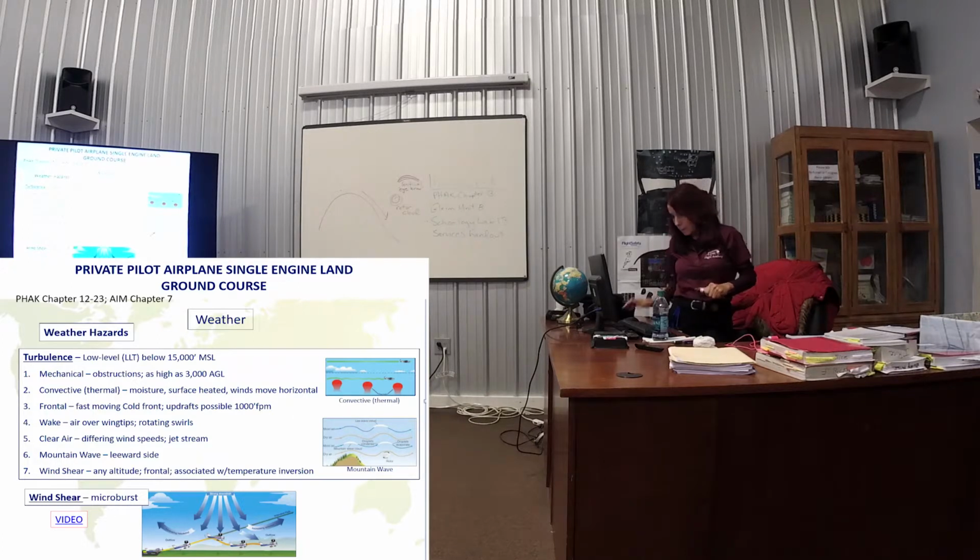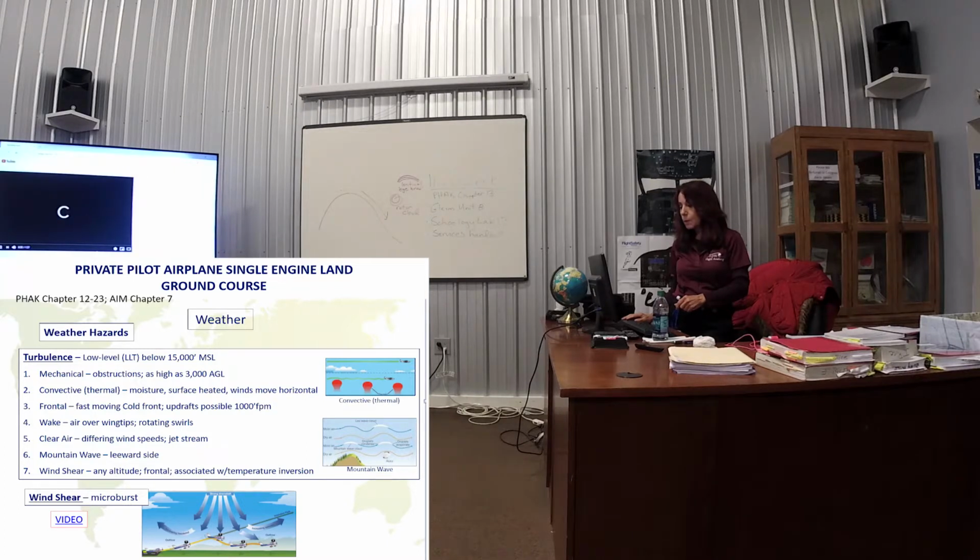Okay, so let's watch the video on microbursts. This is really, I don't know how the photographer captured this. It's called a wet microburst. You usually do not see microbursts. They're clear. It's just air that is giving you a headwind, pushing you down, and then all of a sudden a tailwind. But this is a really rare wet microburst. It's a good visual on what's happening out there when you don't see it.